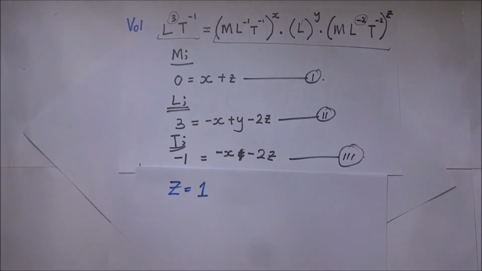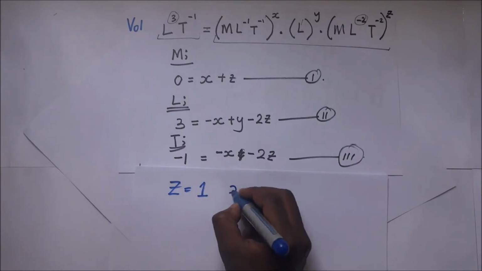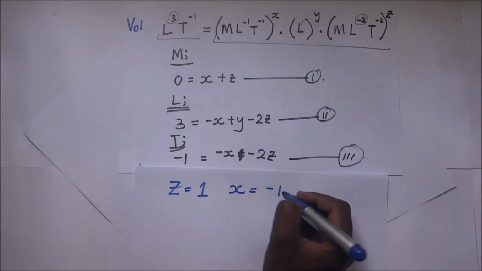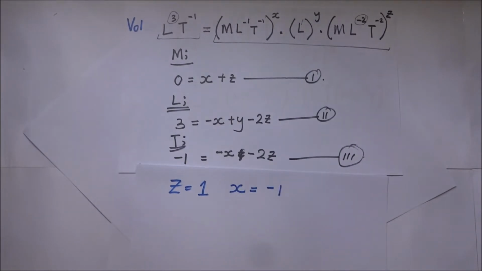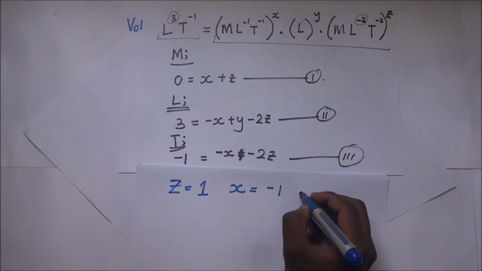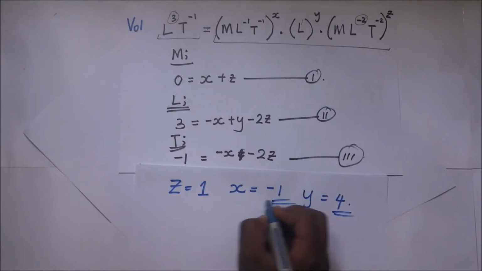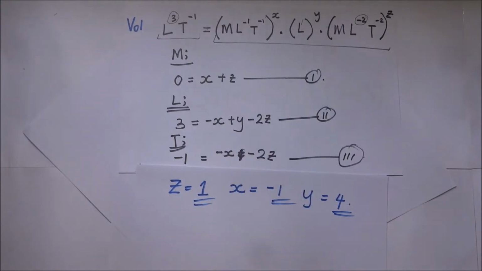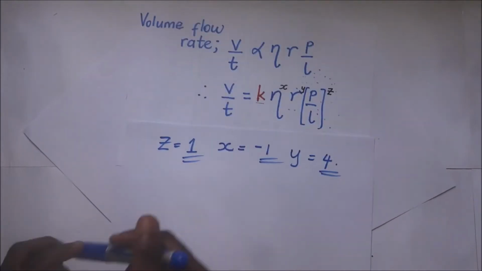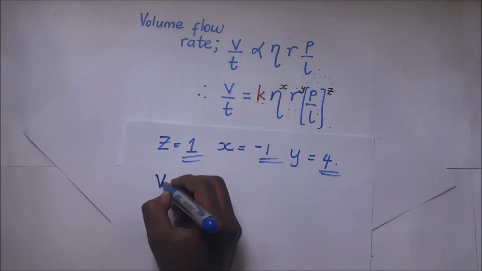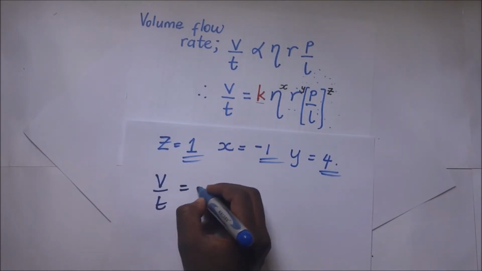And then from equation 1, after getting z as 1, you'll find that your value of x will be equal to negative 1. Then again, when you continue from equation 2, after substituting, you'll get your value of y as 4. So after solving those three equations simultaneously,